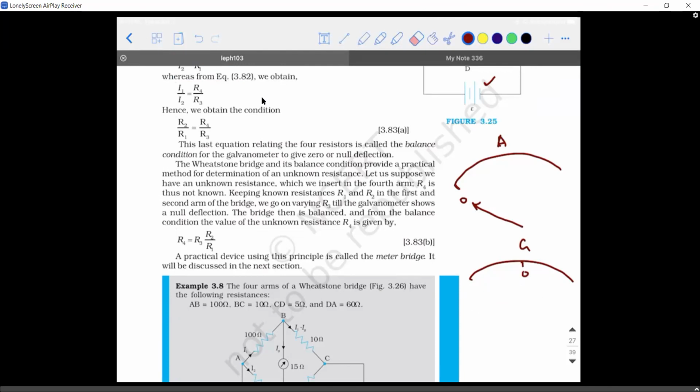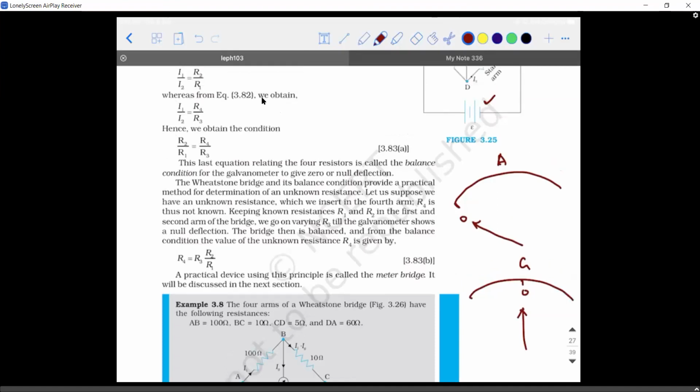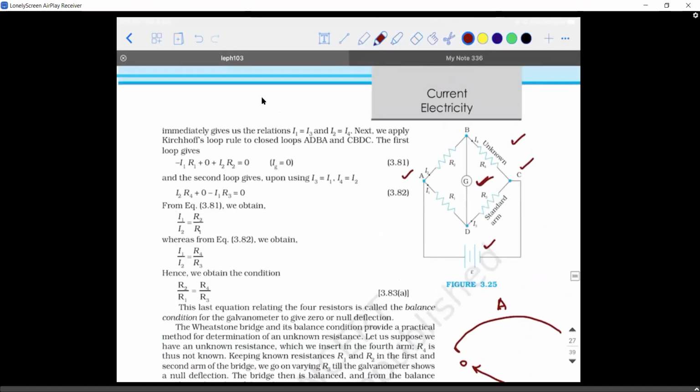Yes, sir. Okay, so a galvanometer will only show a deflection whenever current is flowing through it. That is what you're going to do. To come again, there are 4 resistors connected in the form of a quadrilateral, and across the endpoints of one diagonal you will be connecting a potential source, and across the other 2 diagonal points, you will be connecting a galvanometer.